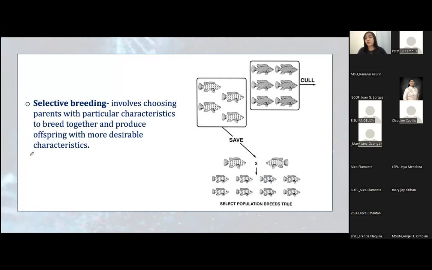Now, when we say selective breeding, do not confuse selective breeding with the genetically modified organism. When we say selective breeding, we are choosing the best characteristics from two parents, okay? And then for example, meron silang offspring, pipiliin din natin yung pinaka-best doon, and then yun yung i-breed. Okay? So selective, we select what is best and then we will continuously breed it.